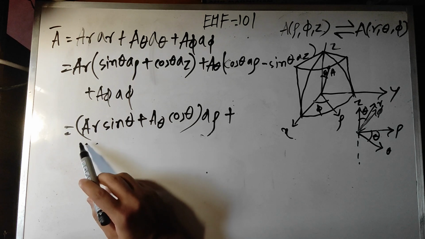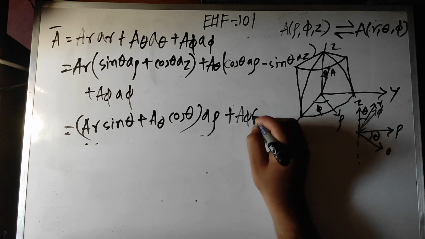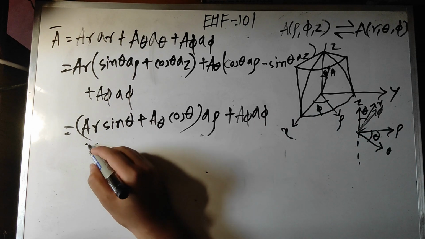This is here, this is A rho. Now A phi is just A phi, and for Az,